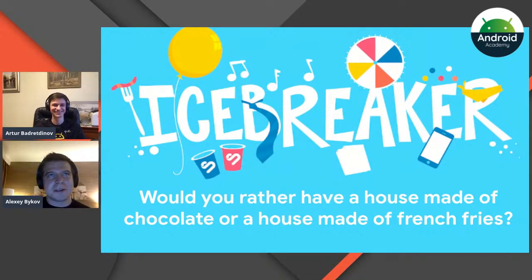To be completely honest, I have refused chocolate since the previous year, and French fries, unfortunately, no. But let it be one more option. It's like a house from vegetables, like tomato, cucumbers, pepper, cabbage, and so on. So you would have different colors, basically, greens, reds. That's not a bad idea.